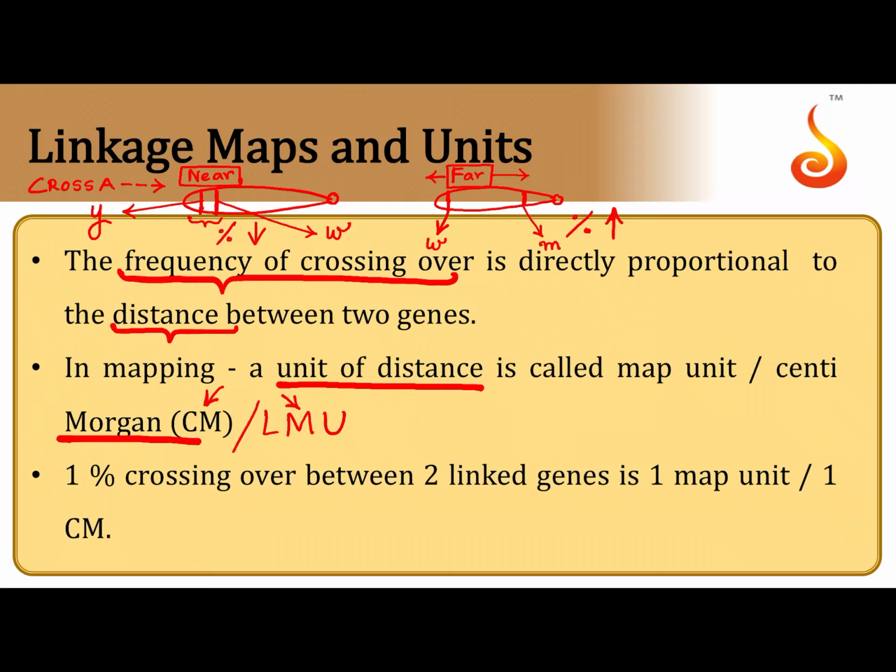For example, if you get a percentage of recombination frequency being 1% in the F2 generation of a cross, you will directly convert this into a unit of distance and you will say that the distance between the two genes is 1 centimorgan or 1 linkage map unit. So you simply remove the percentage sign and you say that the recombination frequency is now in terms of a unit of distance, it is 1 centimorgan. It tells us that there is only a distance of 1 centimorgan. It is enough to give us an idea that the genes are present very close to each other, or say they are present very near to each other on the same chromosome.